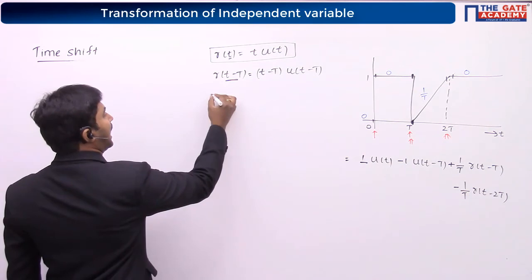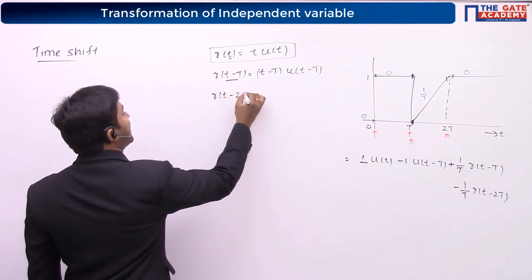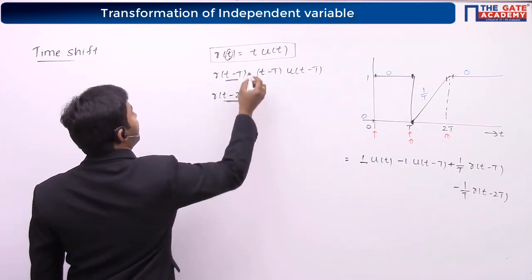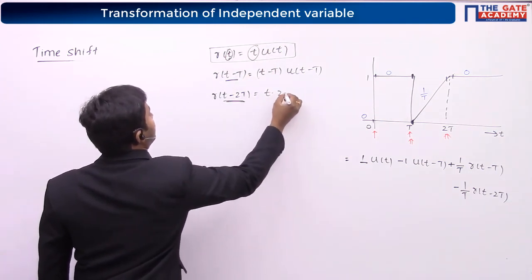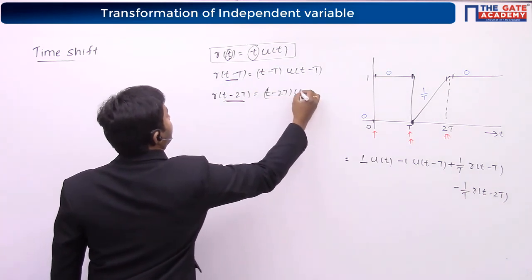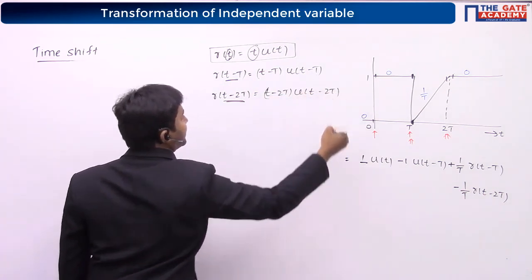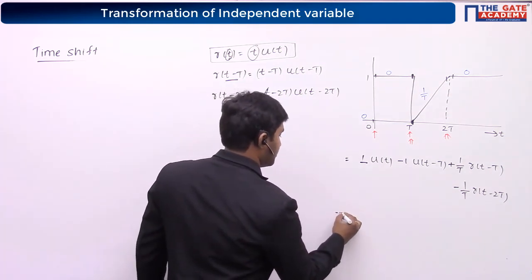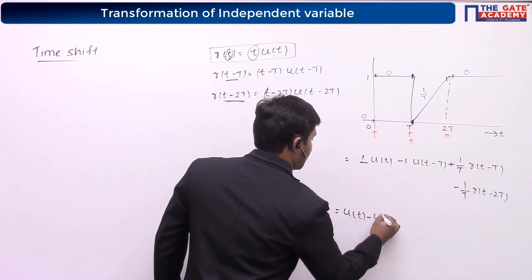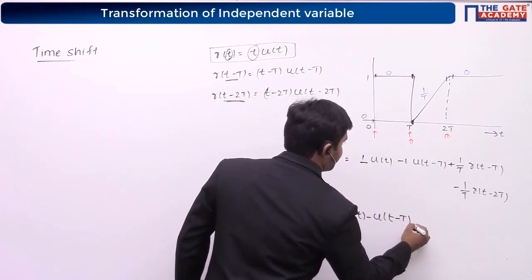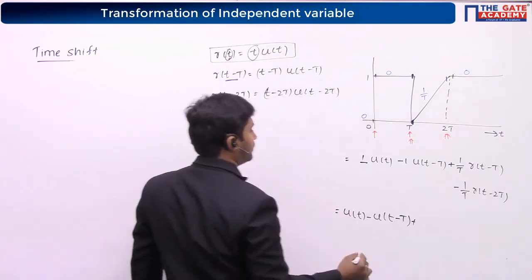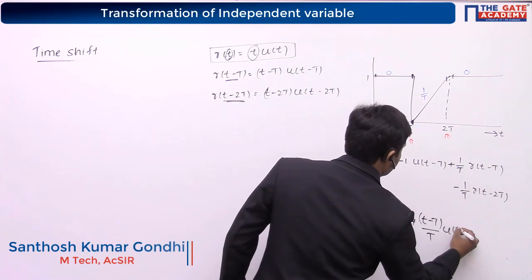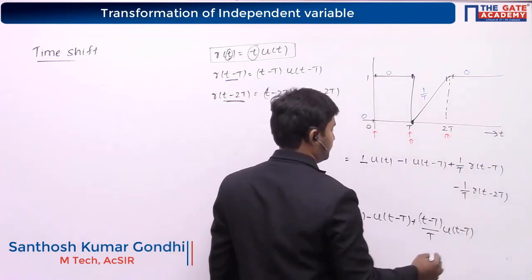Similarly, r of t minus 2 capital T will be what? Just replace t with t minus 2T. That's it. Now you can substitute. Let us substitute here. So it is u of t minus u of t minus capital T. Next we have t minus capital T by T, u of t minus capital T, and the last one is minus